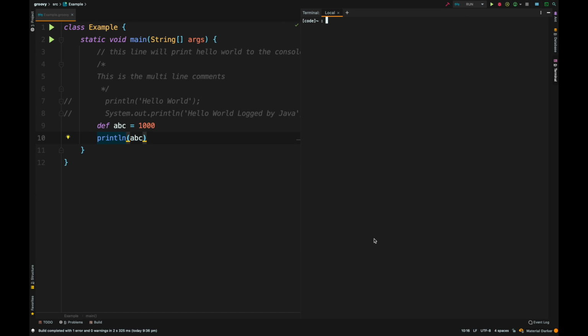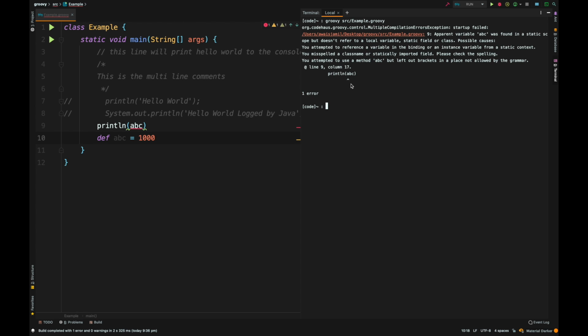So I'm going to clear the terminal and run the Groovy file again, but this time I'm going to define this variable further down, save, and then run the code. And now it says there's one error, and the error says: a parent variable ABC was not found in a static.